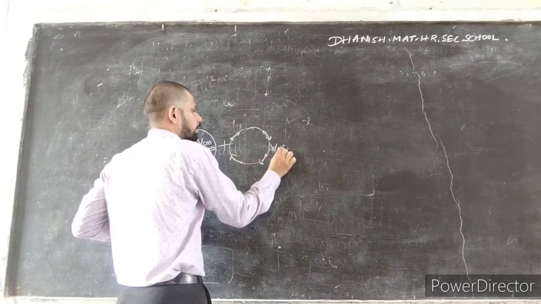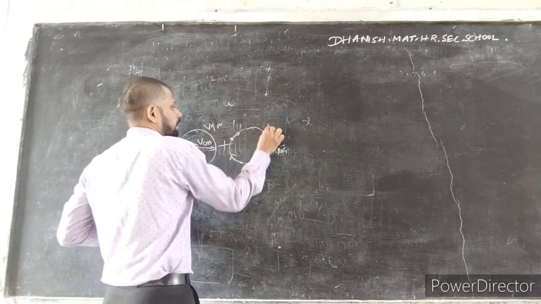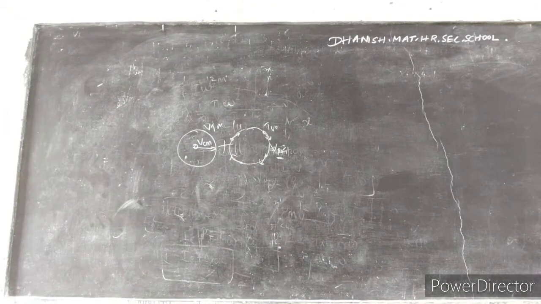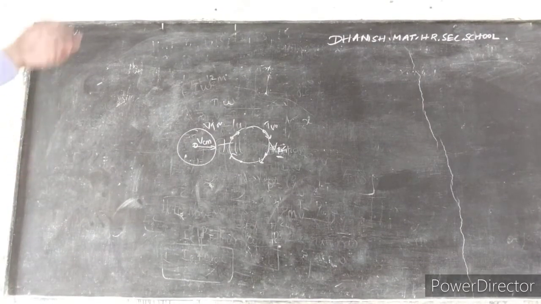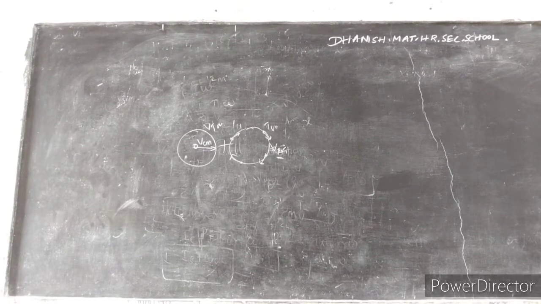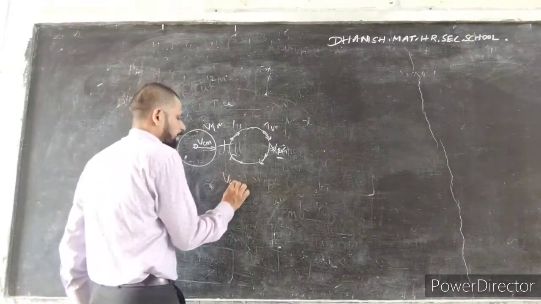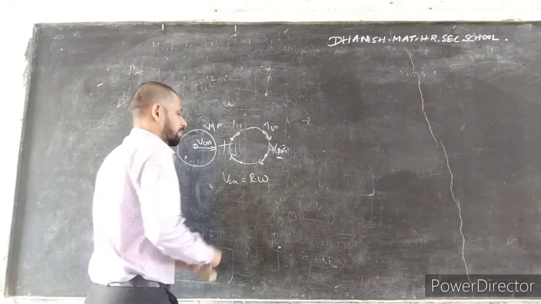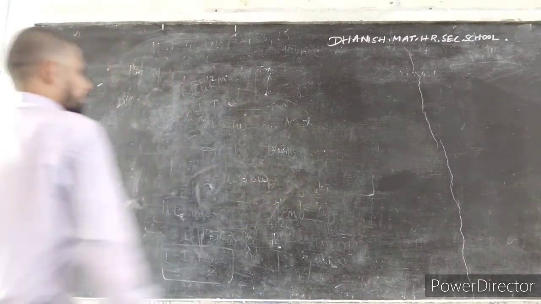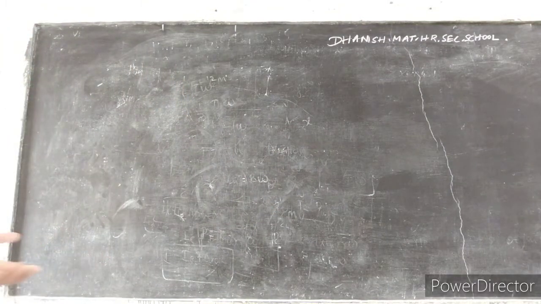VCM will come in, V rotation. Here we have the V translation, here we have the rotation. The combination of translation and rotation motion gives the wheels the rolling. The bottom of the wheel is at rest at any instant. So the combination of pure rotation and translation will give the pure rolling motion. So V will be equal to R omega. So this is how the rolling motion will happen in all the vehicles or all the